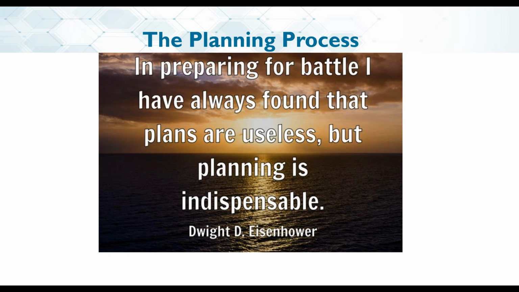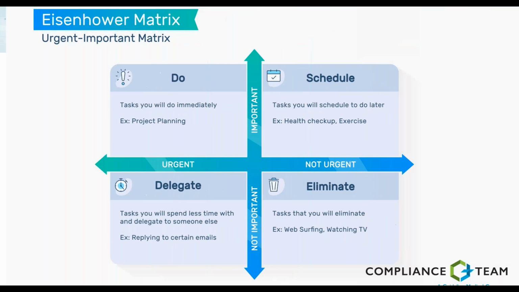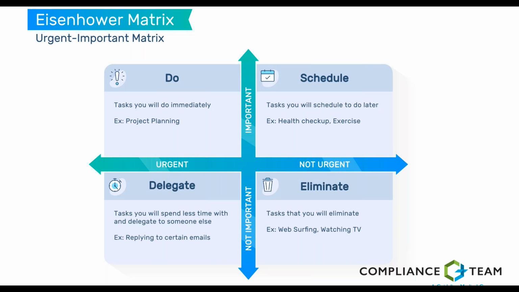And while we're here, on the topic of Dwight D. Eisenhower, you may have seen a matrix that's similar to this with Stephen Covey and the 7 Habits of Highly Effective People. But it wasn't his idea, really. It was Dwight Eisenhower's idea, where he said, I have 2 different kinds of problems, the urgent and the important. And so what Covey has always talked about is that these things in this matrix of not urgent, not important, are to eliminate.